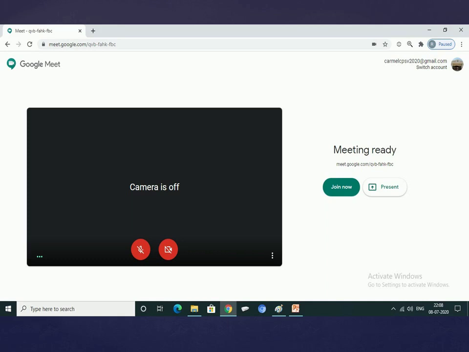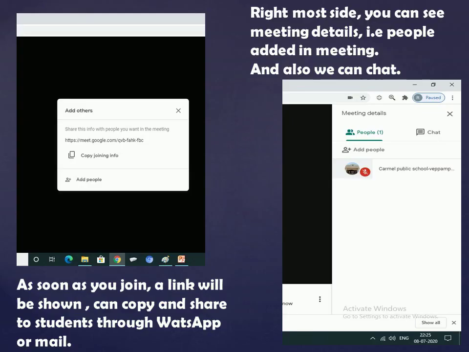As soon as you join, you will get the link information. By clicking on this link, the link will be copied and you can share it with the students through WhatsApp or mail. On the rightmost side, you can see the meeting details, that is, how many people have joined the meeting.